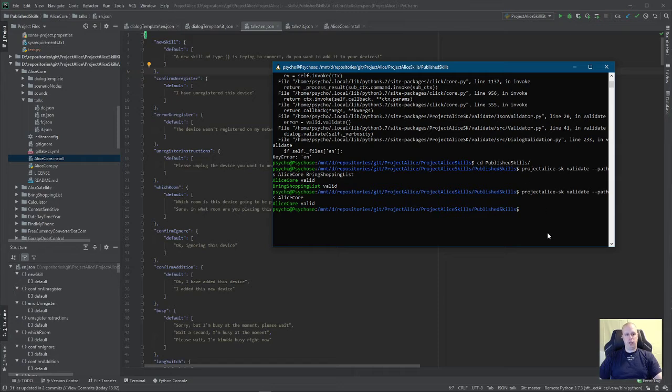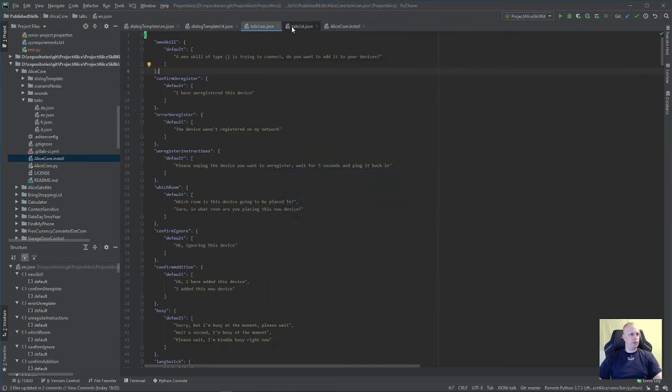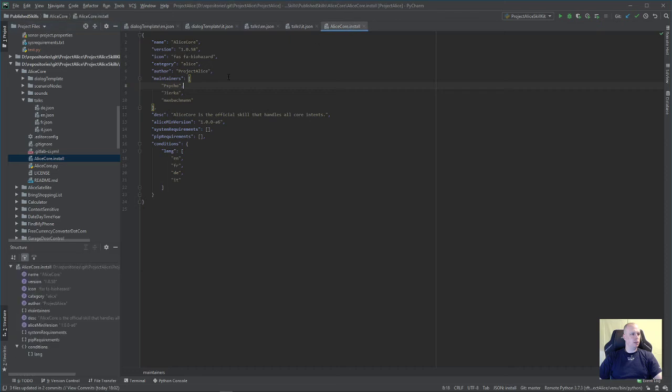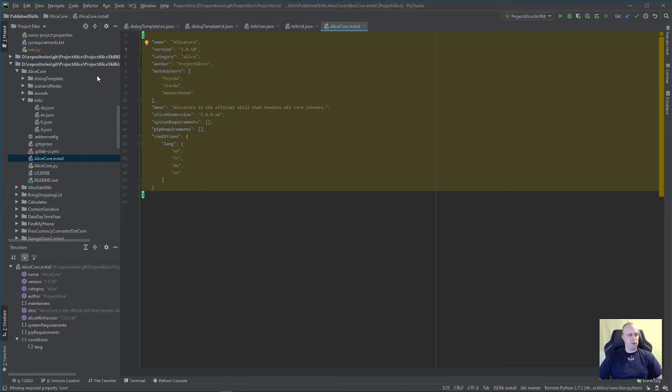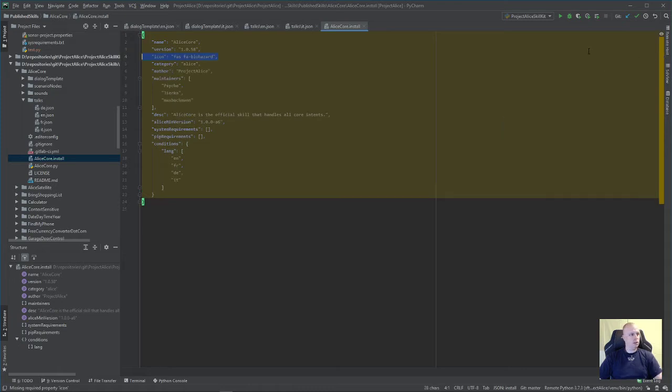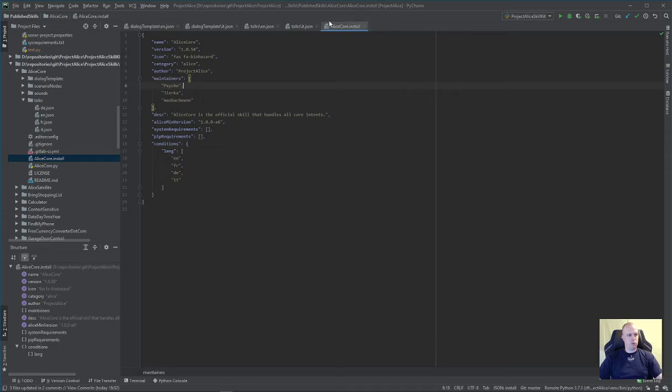If you're using PyCharm, there is a really neat way also to have the IDE already tell you when you make a mistake. Like, for example, let's take the installer, and yeah, I forget to put the icon. Here I have PyCharm telling me missing required property icon already. So you're all asking, how did you do that? Well, as soon as you open a JSON file, which is not the case here because it's a .install, but if you open a JSON file,